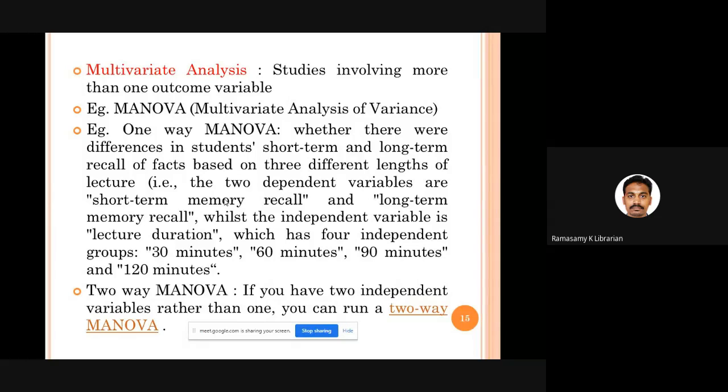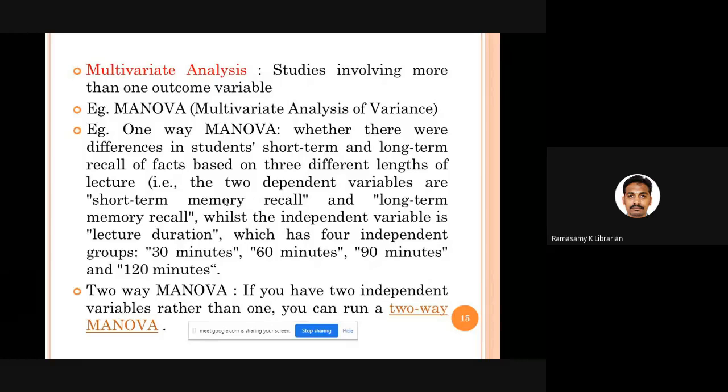Okay. One independent variable is there. Now we want to find out the effect of lecture duration on 2 dependent variables. What are they? Short-term memory recall and long-term memory recall. The effect of one independent variable on 2 dependent variables is called one-way MANOVA.